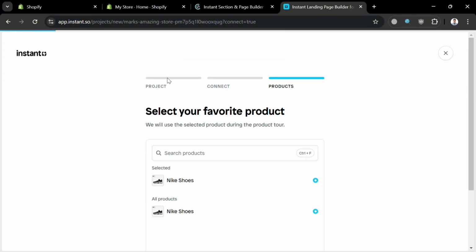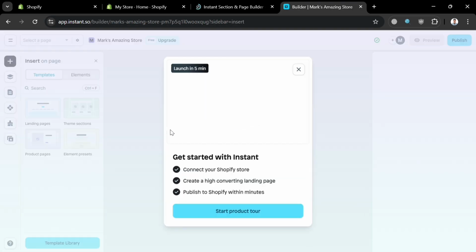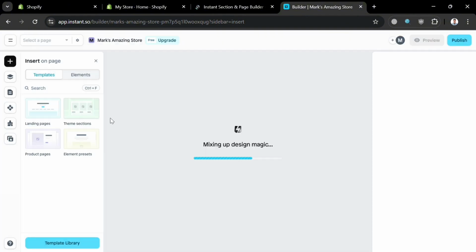And after that, all you need to do is wait for it to load, where you will be directed to this page where you can start customizing these pages or this page builder. And it will show you on the left side panel some of the options that you can start navigating,